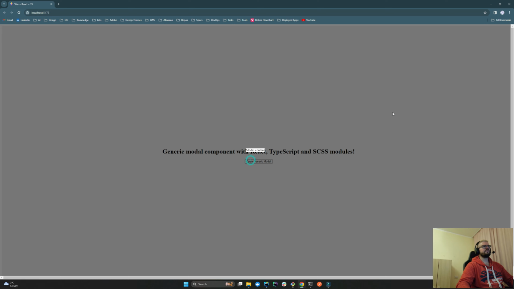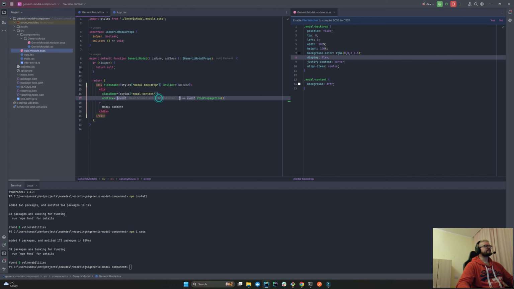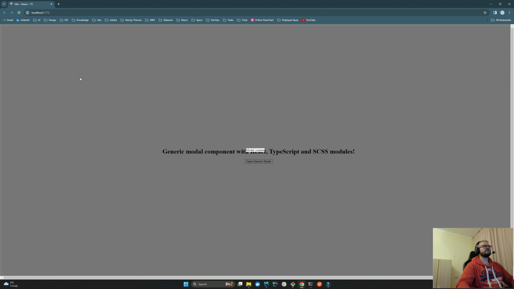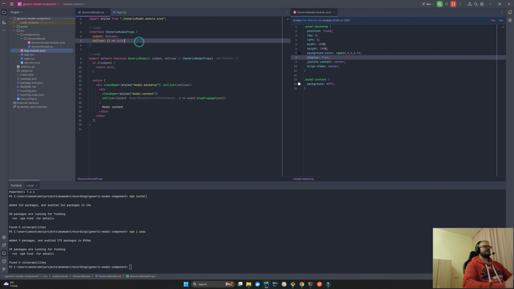So if you take a look now, we can still close it by clicking away, but if we click within the content of the modal, nothing changes. It stays open, and that's the functionality we'd like to achieve here. And there's another thing that I want to add here. As I mentioned, sometimes you want to prevent this modal from closing when you're clicking outside, and you want to delegate modal closing functionality entirely to some other elements in your UI. So we need a way to also prevent this kind of default behavior,